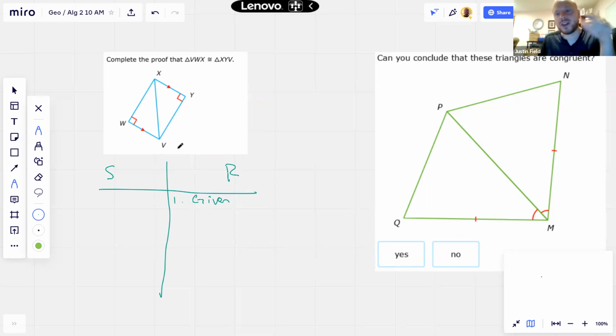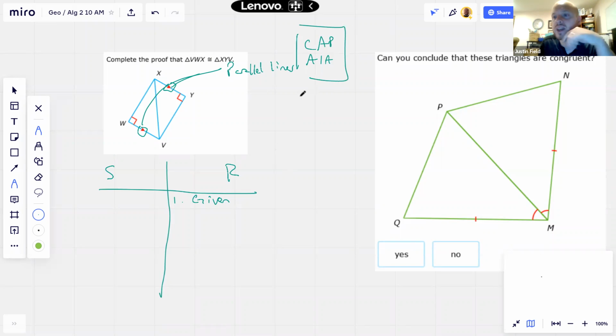Okay, and so now here we see these arrows here. What do these arrows mean? They mean parallel lines. And so parallel lines, we know we have the corresponding angle postulate, alternate interior angle theorem, and there's others, but these are the ones that we see in triangle congruence theorems. I don't think I've ever seen maybe the same side interior angle here and there, but